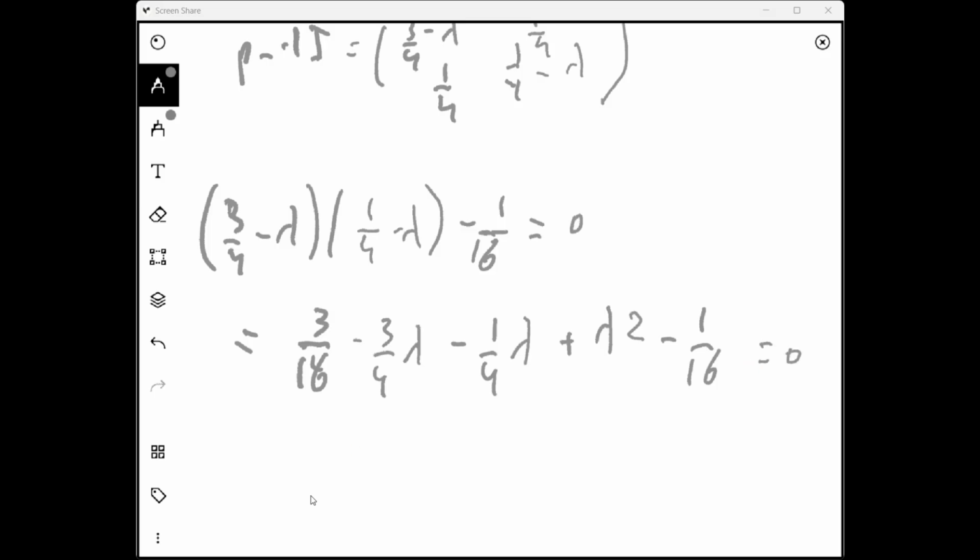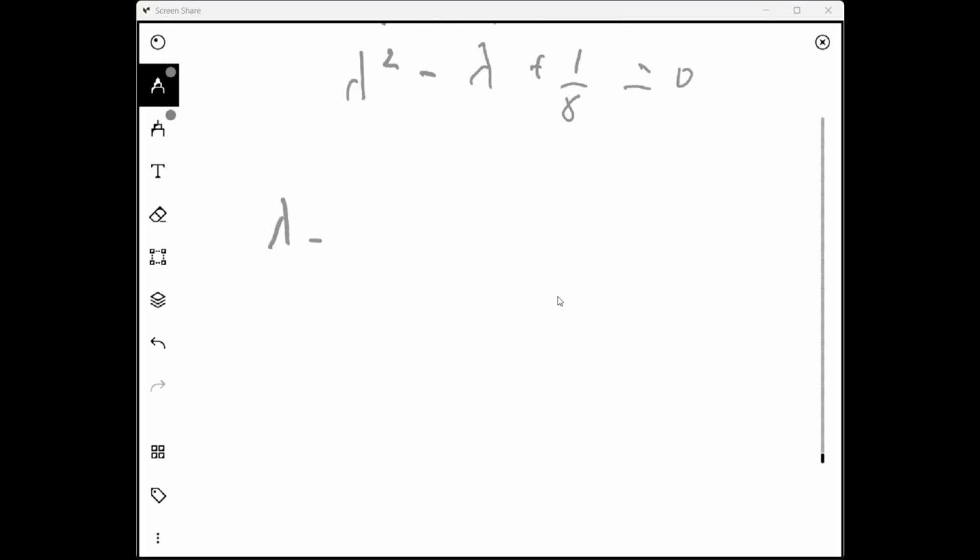It's 2 over 16, so lambda squared minus 2 over 4, so 1 minus over 2 lambda plus 1 over 8 equals 0. That's the main point about it. And if we try to resolve this equation,